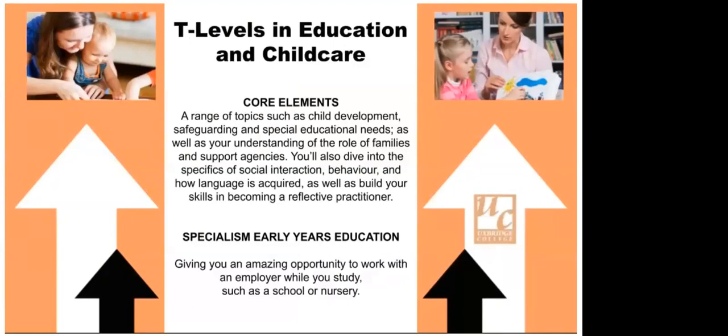The core elements: a range of topics such as child development, safeguarding and special education needs, as well as your understanding of the role of families and support agencies. You'll also dive into speech and social interaction, behaviour and how language is acquired, as well as build your skills in becoming a reflective practitioner. You'll then specialise in the early years education sector,